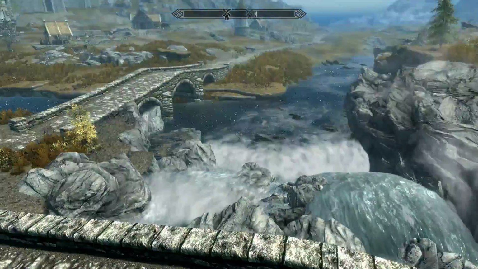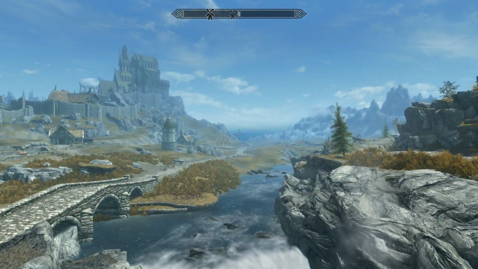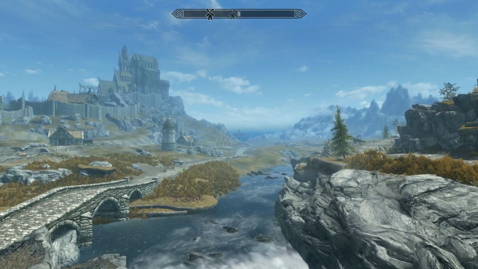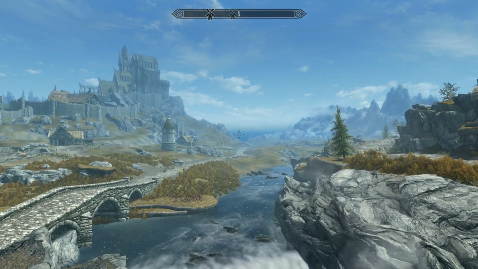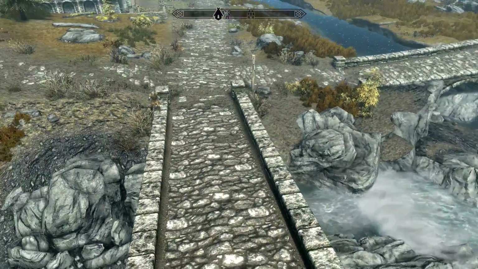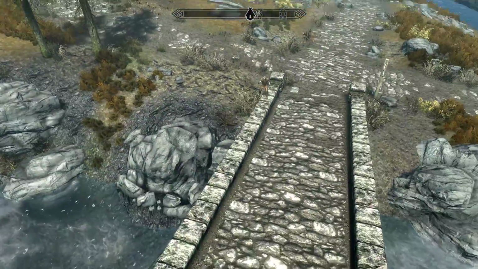So you can see the camera's moving. You can see it's gone high. It's doing pretty well. It's not really having any problems. Before, when I was making this, I had so many problems getting it to stay in the sky. It kept dropping down. It had so many issues. But I ironed that stuff out. It seems to be working fairly well now. So you can see I'm way up in the sky, and I can look around me, see my character down